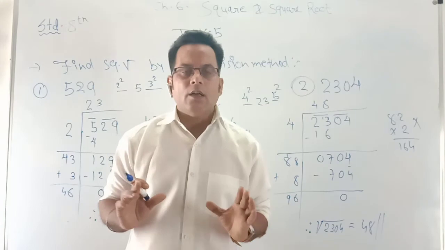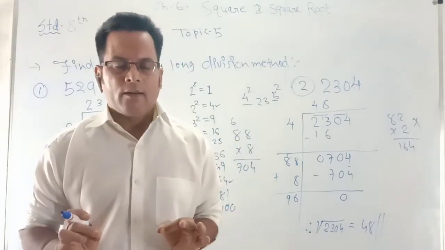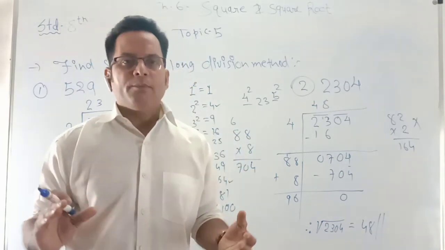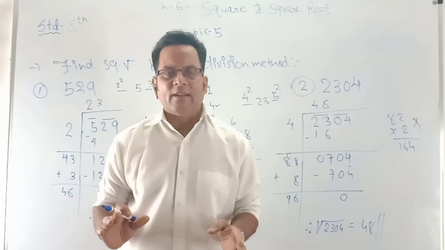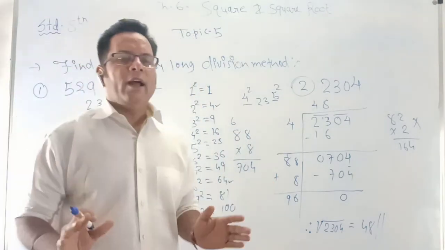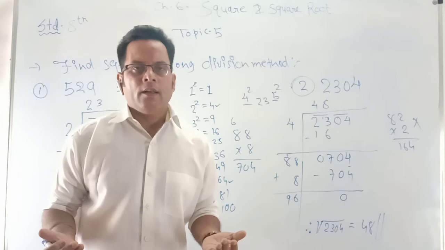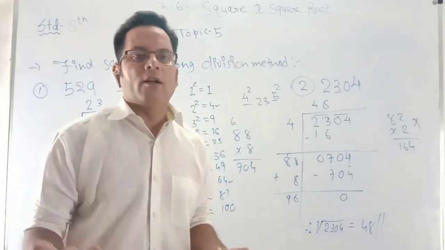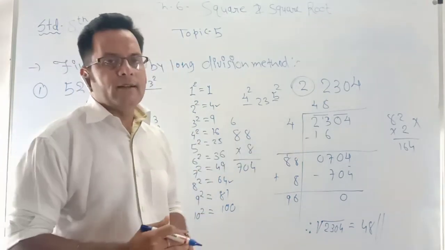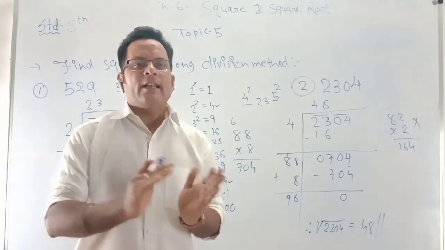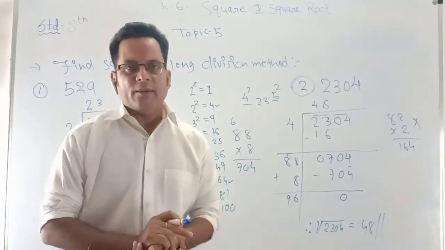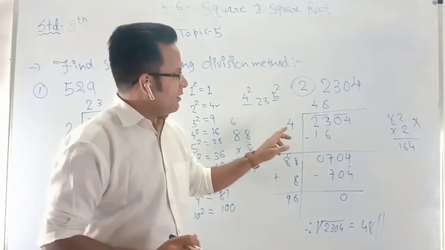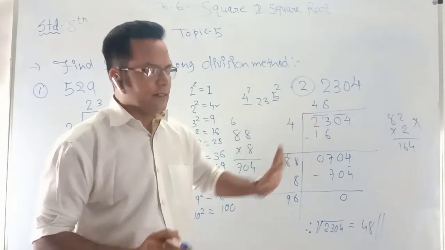Why? Because here you have to apply squares. So the squares of 1 to 10 you have to write first whenever you are going to attempt this sum, especially the long division method. And remember that you have to put the bar also. After putting the bar you have to see your unit digit. Suppose the given number is 23, so 23 comes between 16 and 25, meaning 4 square and 5 square. But you cannot take 5 square because it will be bigger than 23. That's why we have taken 4 4s are 16.